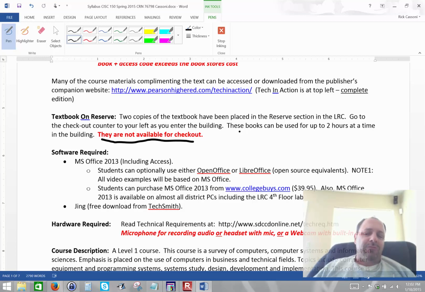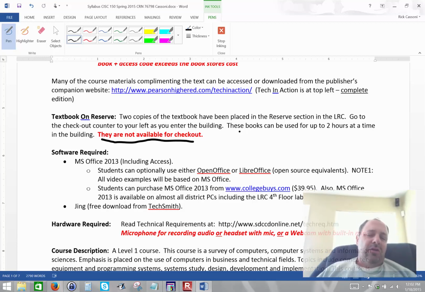As far as software for the course, you need to have the Microsoft Office 2013 suite. That is preferred, and make sure you have the full version that actually contains Access as well. Students can optionally use OpenOffice or LibreOffice, and these are open source equivalents to Microsoft Office, and these are no cost. However, all video examples for the exercises we will be doing in class are going to be based on